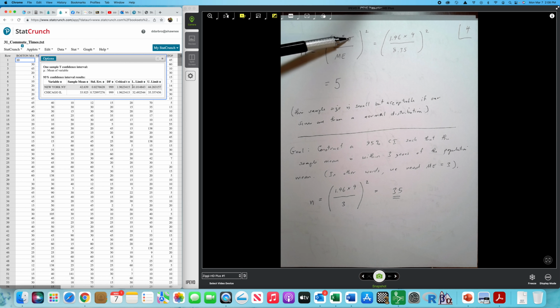We have a standard deviation of 9, and we have a margin of error of 8.35. You can see when I do the arithmetic there, I get 4 point something. We always round up to the next integer. Now, this is a really small sample size, and it would be acceptable if we knew that our measurements were from a normal distribution. Sometimes in real life, you don't get these large sample sizes, and large sample sizes reduce the margin of error